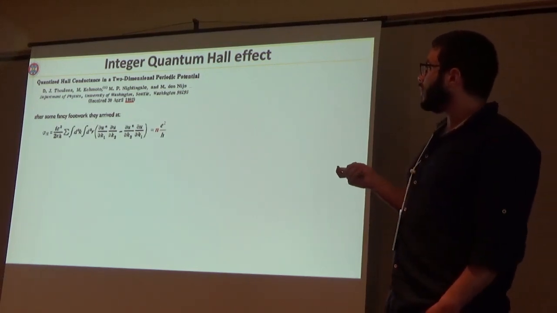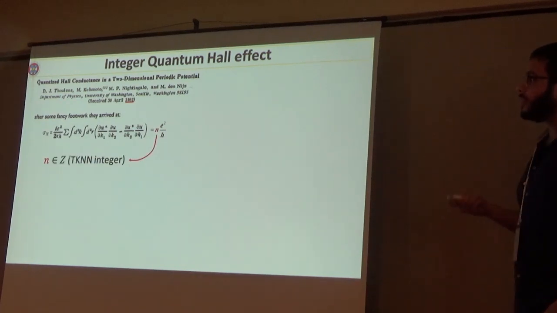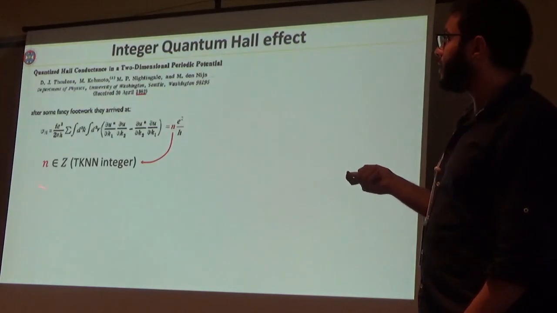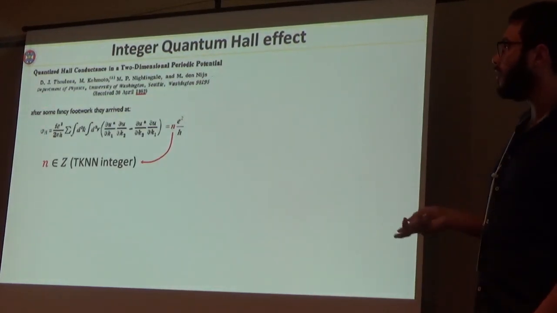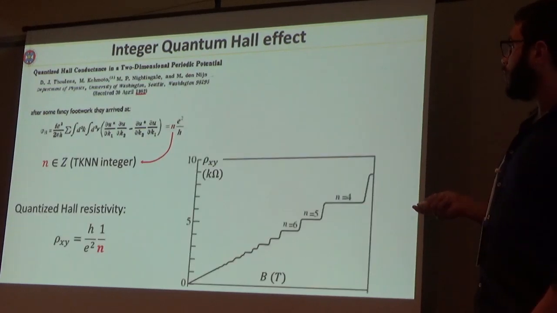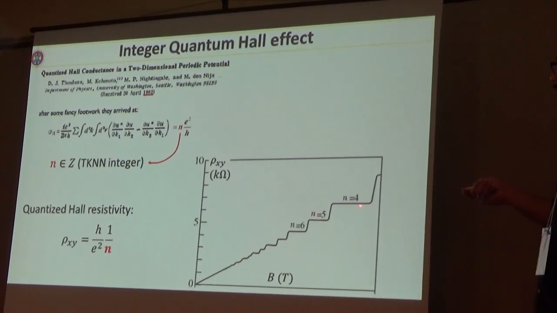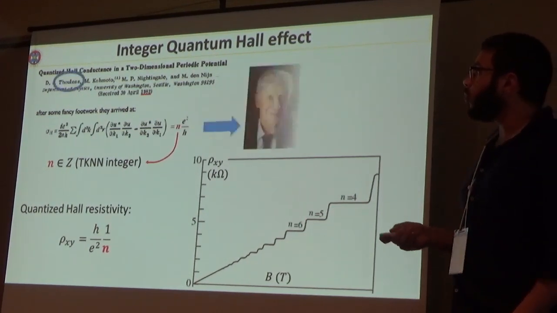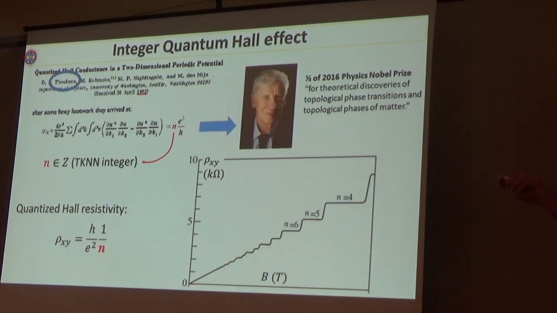But the important bit here is that this is proportional to an integer n, which was called the TKNN invariant, and it has a topological origin which protects the Hall conductivity. Here we can see a typical graph of the Hall resistivity, where we can very clearly see the jumps in the resistivity. For this work, among others, Thouless received half of the 2016 Physics Nobel Prize